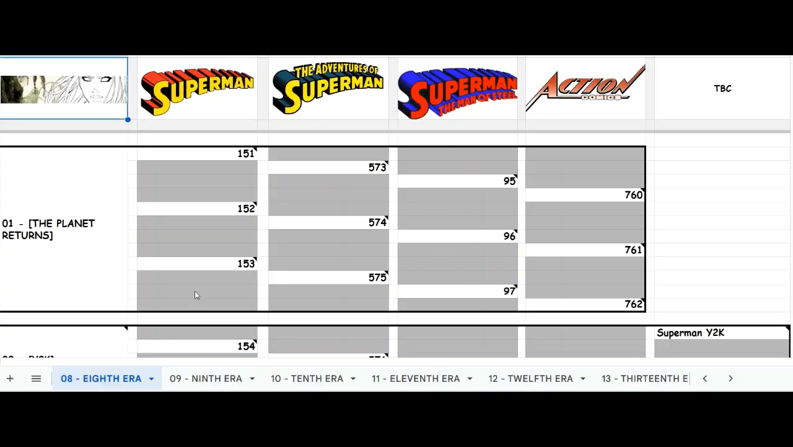This is the Google Sheet. This is how it works. You can see all the different eras on the bottom, and today we are starting the 8th era. Last time we did the 7th era, which was from December 1998 to December 1999. Sorry, December 98 to November 99, and that was the issue directly after DC 1 million up to the Day